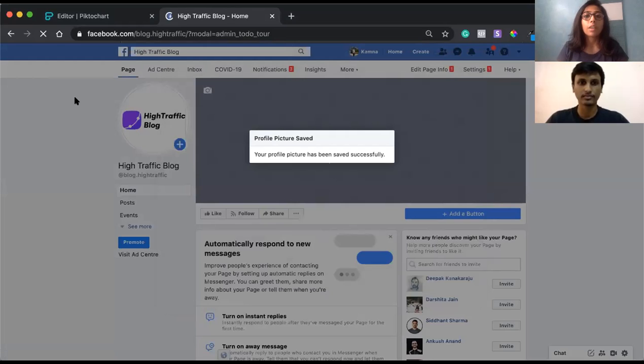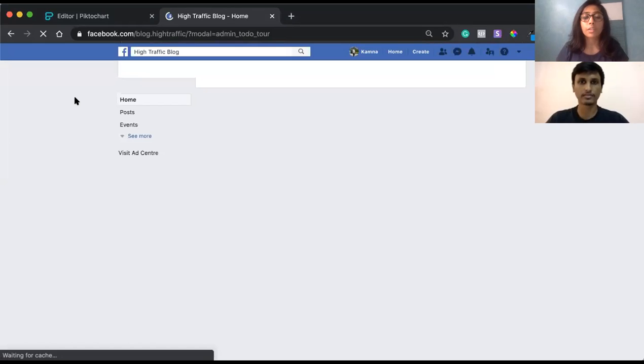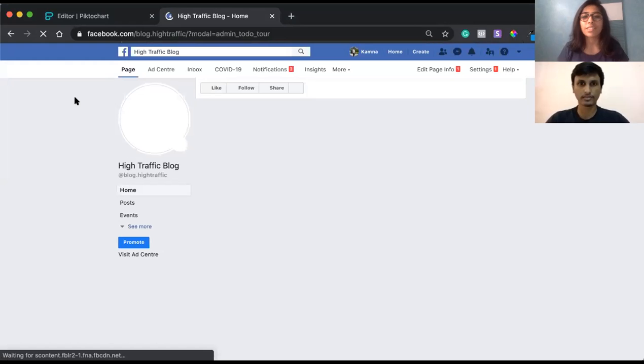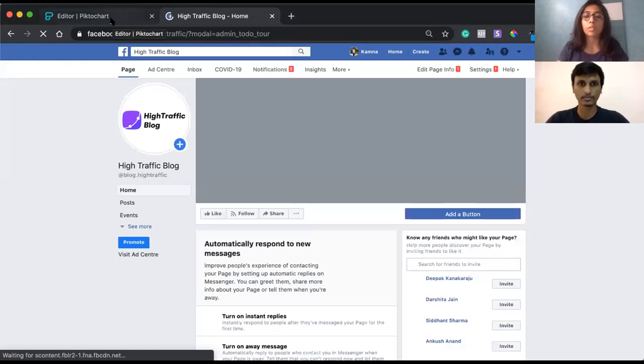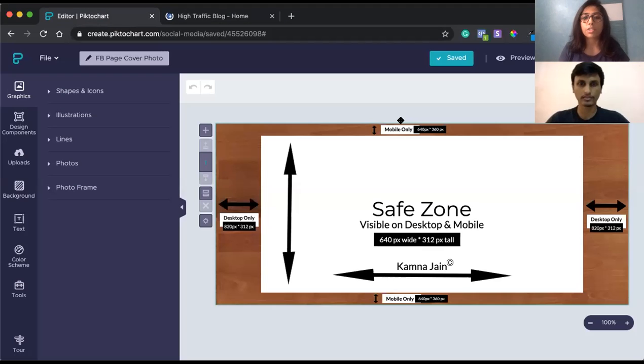Now, talking about the cover photo for Facebook, obviously the first thing that should come to your mind is dimensions. To keep things simple for reference, I made a template. You've seen Canva, and there's another tool called PickToChart, where I quickly designed this basic template, and it helps you remember the dimensions clearly.